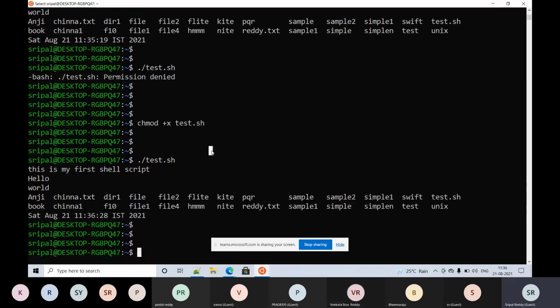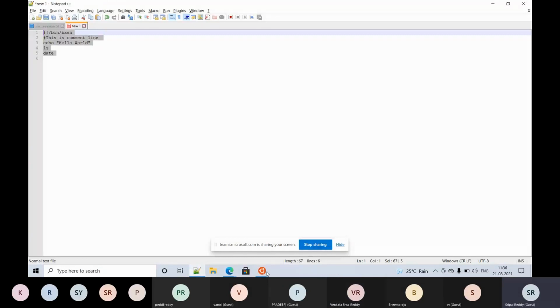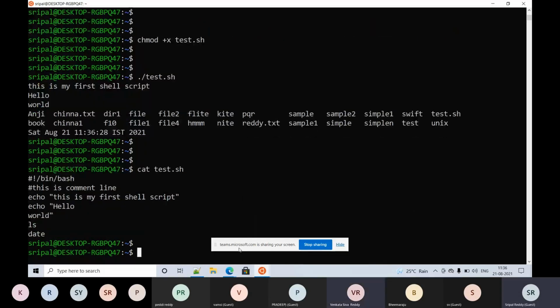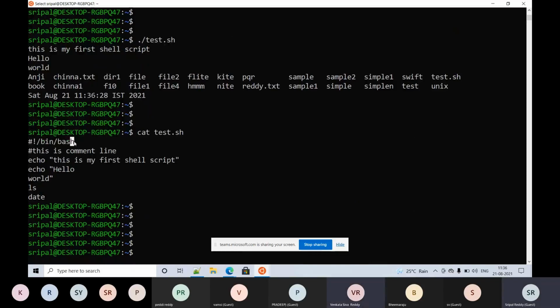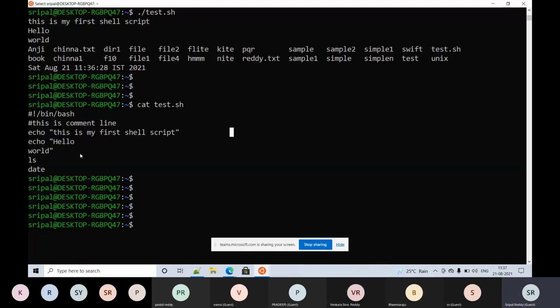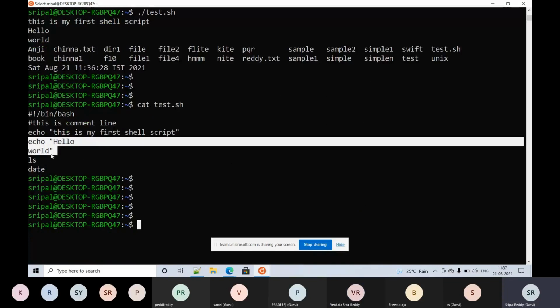Okay, now let's turn back to our script to see what we have written. Here is the script. The first line is invoking a bash shell, the second line is a comment line, and in the third we are just printing "This is my first shell script," which has been printed as is. In the next line, we have given an enter, but enclosed that enter also in double quotes.